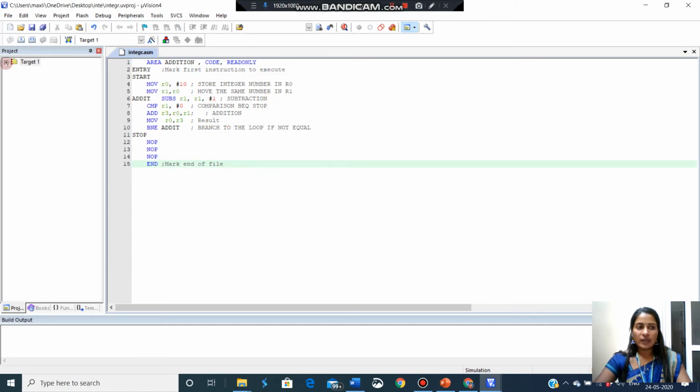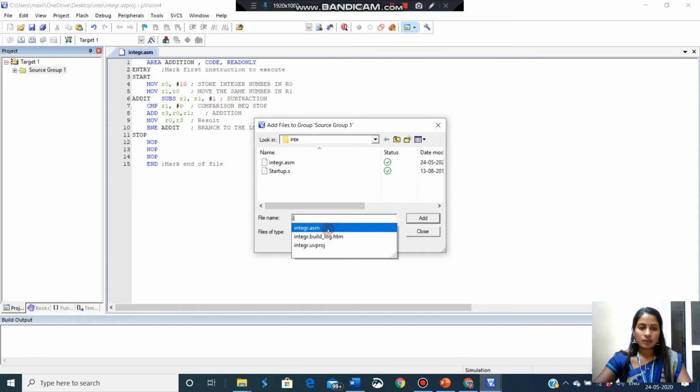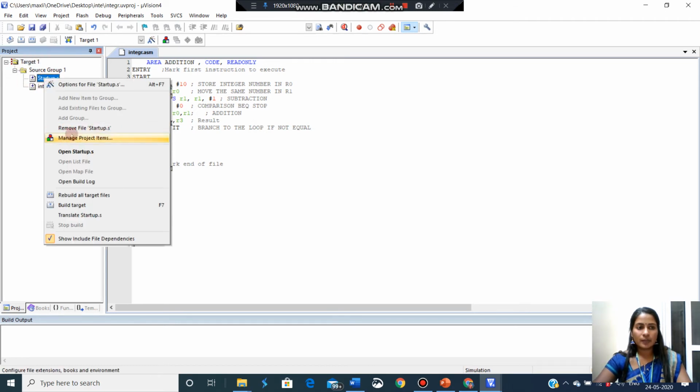After saving the file, we have to add the file into the target. So click on the target, right click on source group, add existing file. This file type should be ASM source. This is my file, add, close. So it will be added here.